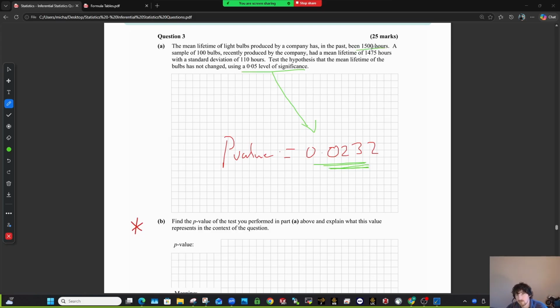In other words, for the mean of the light bulbs to still be 1500 hours, the level of significance we should have tested at should have been this or lower, okay? Because when it's 5%, H0 loses and it's not 1500 hours. So hopefully you're making sense of that. But a default thing you can always go to here and still pick up marks is just discuss what a p-value is. It's the lowest level of significance at which the null hypothesis gets to be rejected, okay? And then try and build it into the context of the question